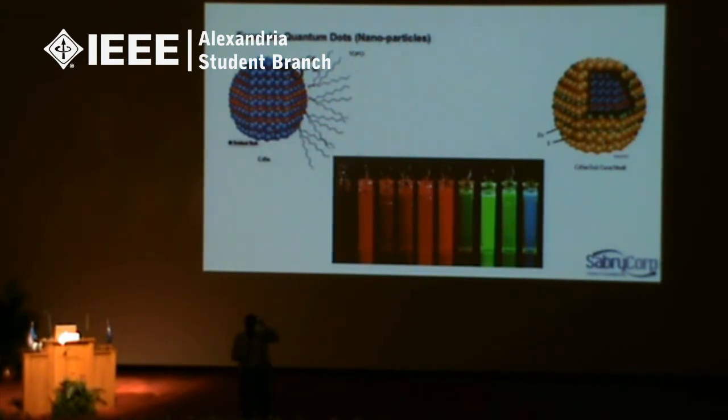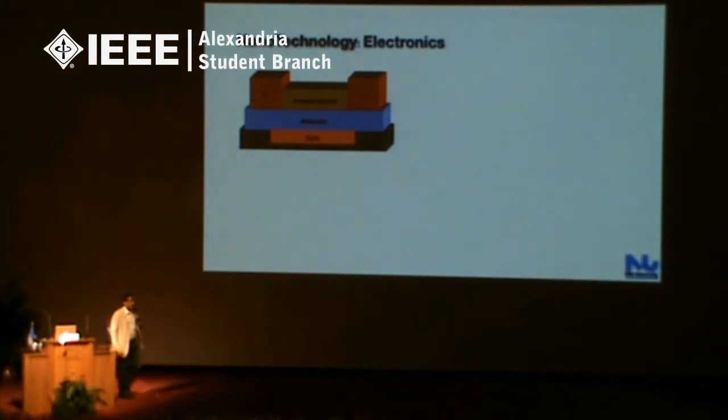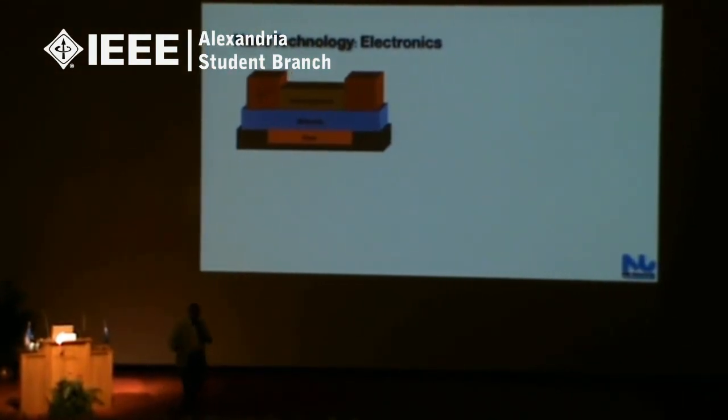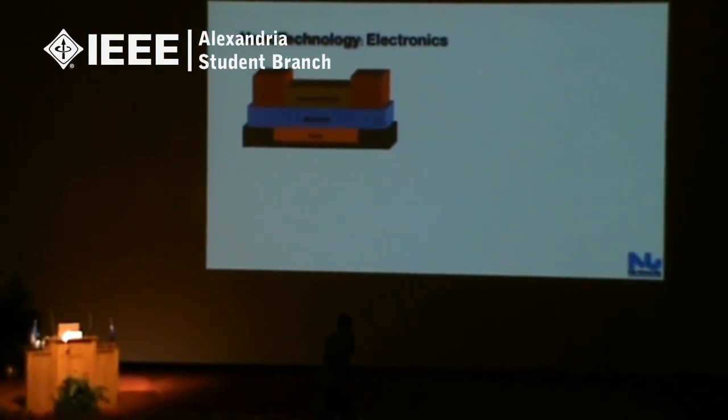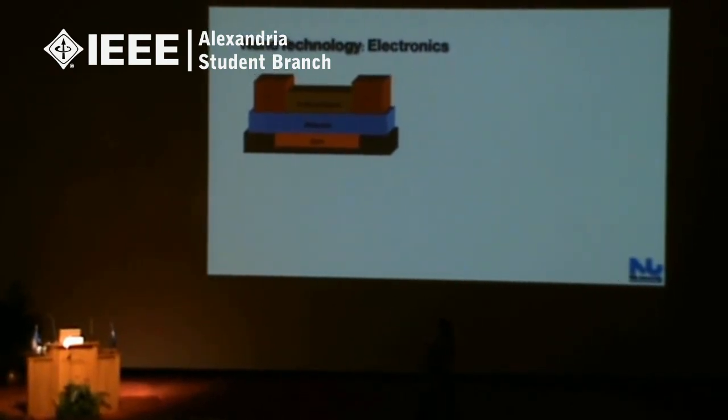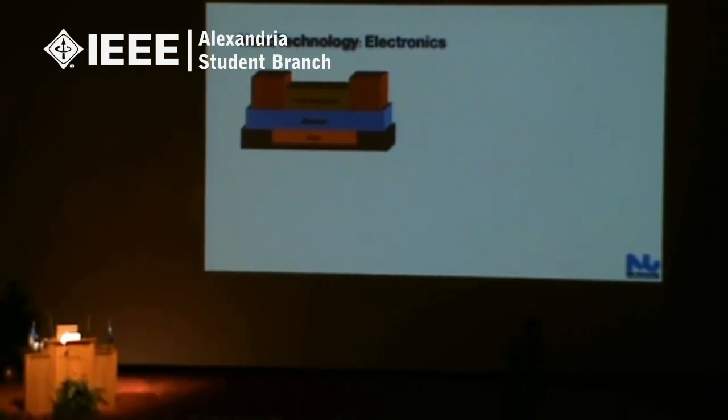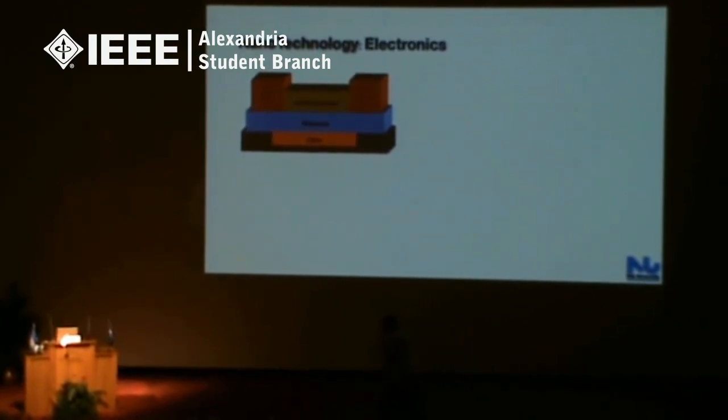Color is a physical property, but it's also related to the electronic structure, which means that the reactivity of these materials differs. On the left, you have a particle like the one on top with a diameter of 1.9 nanometers, and on the right, a diameter of 6.9 nanometers. As you can see, just changing the size changes the color. Now, I'm going to jump right into a lot of different applications. For the rest of the lecture, I'm going to show you some applications, and how we make them, across different industries: electronics, telecommunication, water, agriculture, construction. These are the five areas I'm going to show you some of the applications for.